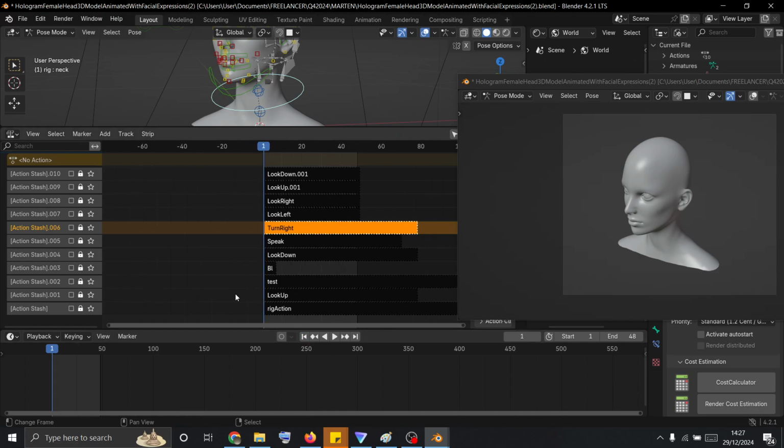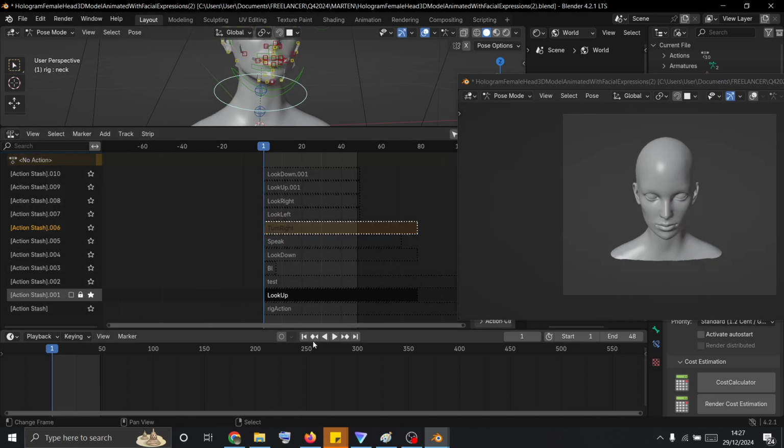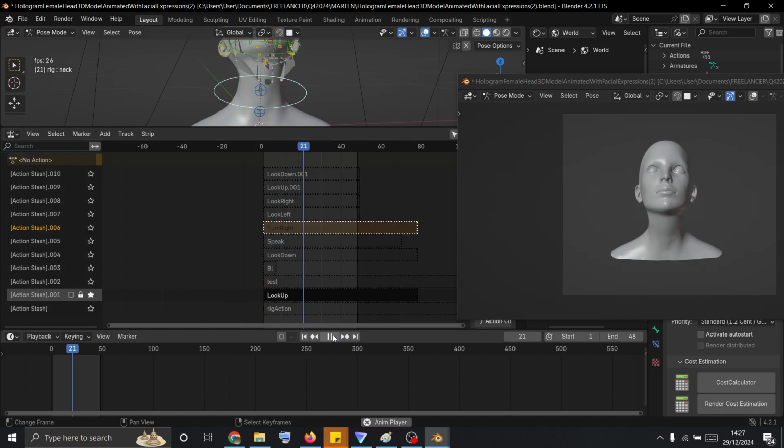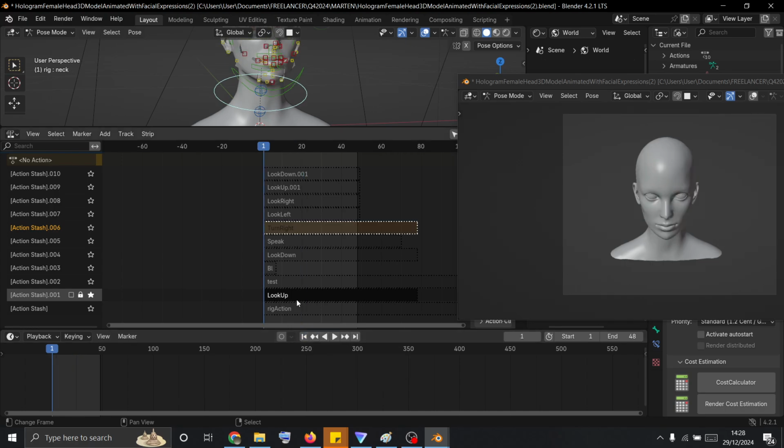So let's see, look up. That's the last one we can do. Press play. You can see the model does a good job. It looks up, just as we expected. You can decide to have these actions follow each other, like look down, then look up, or something like that. In order to do that, you'd have to,